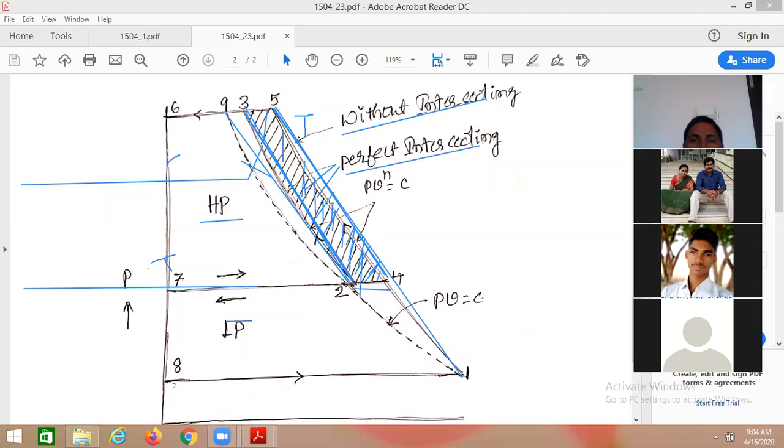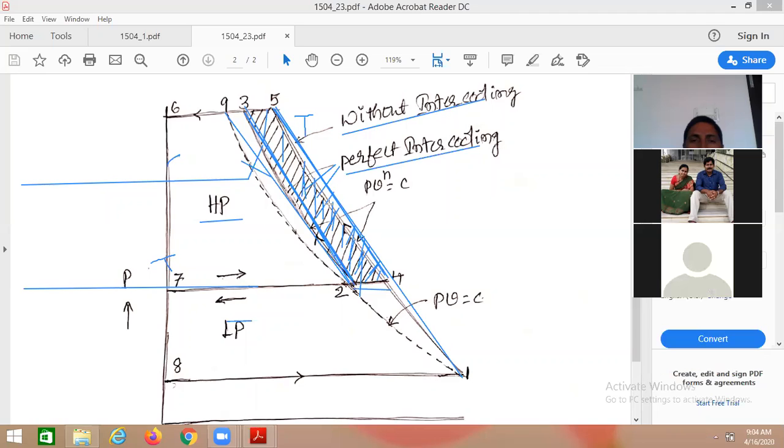So what is this relation? N by N minus 1, P1 V1, P2 by P1 whole power N minus 1 by N, minus 1, that is the work consumed by the single stage compression. So if there are two stages, since the same amount of work is consumed by every stage of compression, simply multiply by 2. That's all, nothing to be remembered. While expecting the minimum work by the